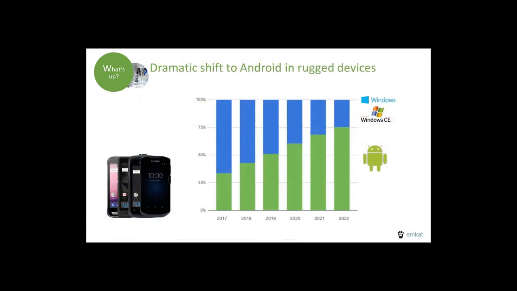Next, let's take a look at how the rugged market has embraced this change. As you can see, the market has spoken. The answer is clear, and Android has been adopted. All major rugged manufacturers are effectively only releasing new devices on Android. Note that this graph is what is physically out there versus what is being sold. We checked with one of our hardware partners, Zebra, and they expect that 75% of devices sold in 2019 will be Android. In summary, moving to Android is not a question of if, but when.